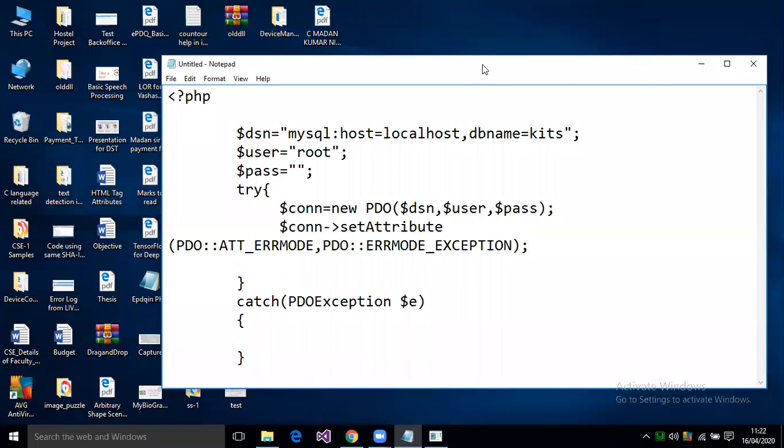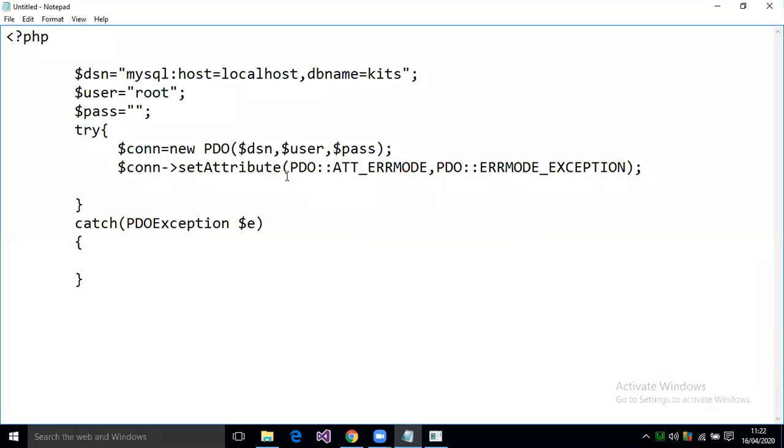So these are the things you need to recall: you definitely need to set an attribute, and those attributes will be PDO::ATTR_ERRMODE and PDO::ERRMODE_EXCEPTION. Then only it enables you to throw an exception.